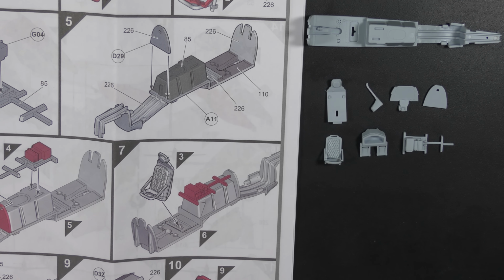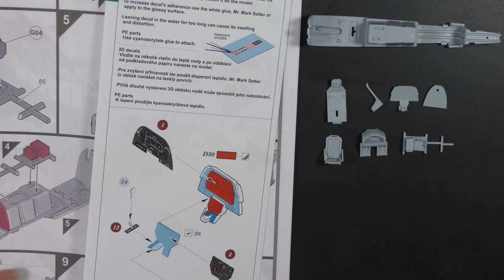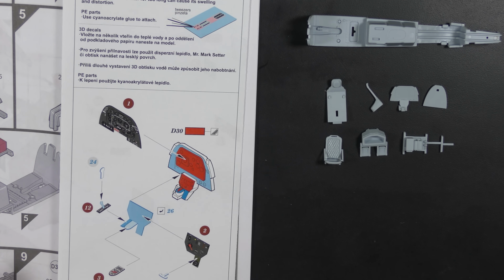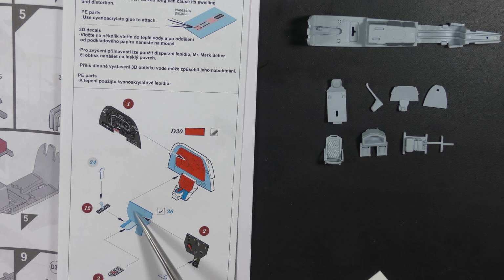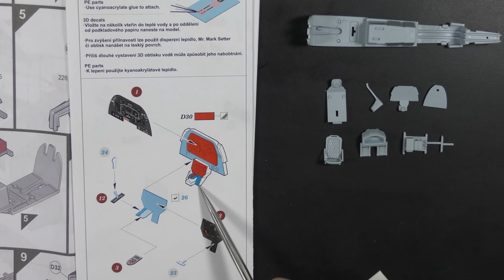So the last part then, if we go back to the aftermarket instructions, and this is probably one of the hardest or the most annoying things about using aftermarket, is having to constantly cross-reference the instructions so as not to miss a step. So here is a piece of photo etch which needs to be added to this area of the instrument panel part, and that needs to be done before putting any paint on. So the last thing we're going to do before starting to put paint on these things is add that piece of photo etch, and that is